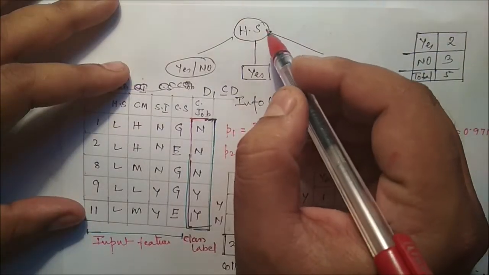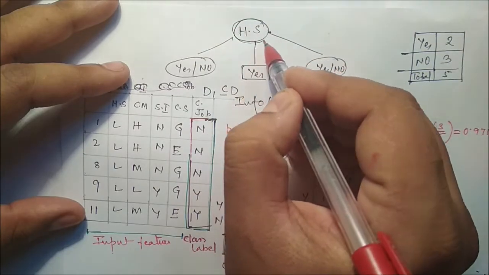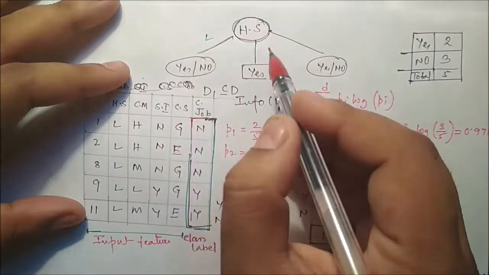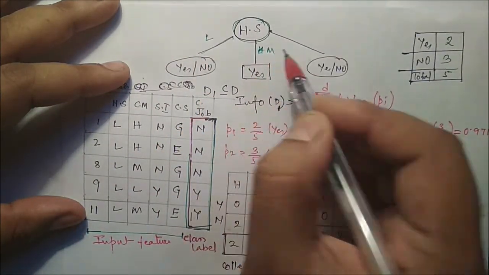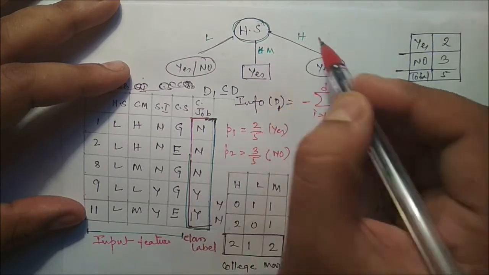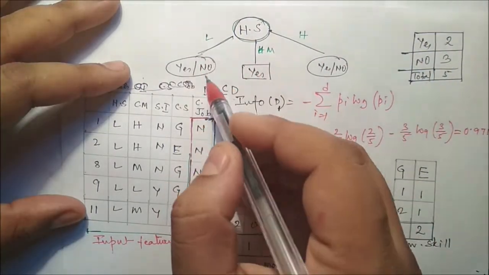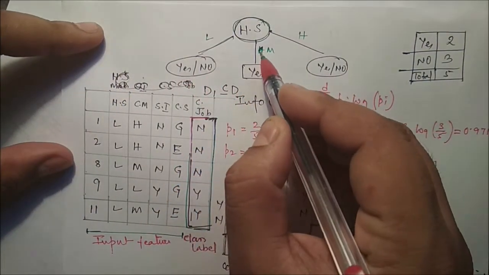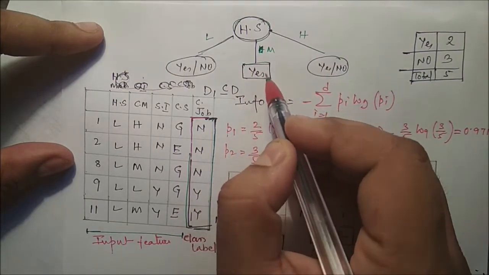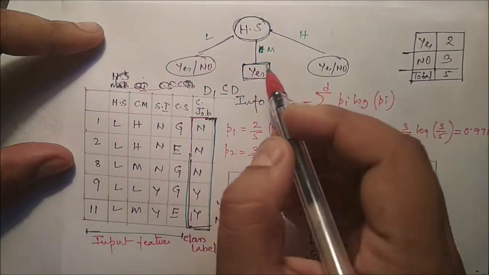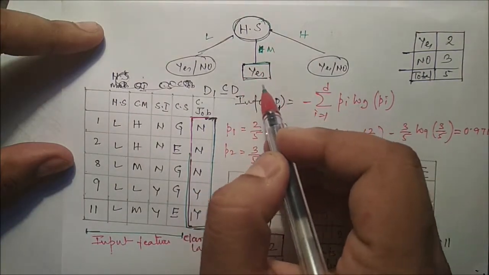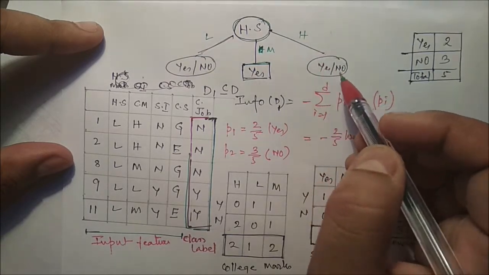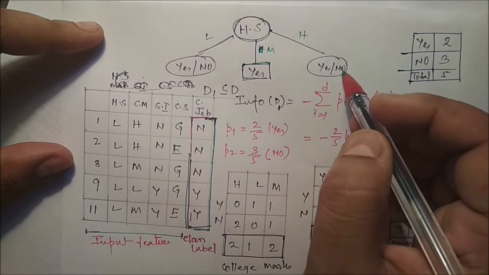Here high school marks is used as the splitting attribute. Now three classes are there, three types of marks: low marks, medium marks, and high marks. If the marks are low, mixed class levels are there, yes and no. But if the high school marks is medium, all the class levels are the same, and we can assign this as a leaf, as a class level. But if the high school marks is high, here also the class levels are mixed, belonging to different classes.